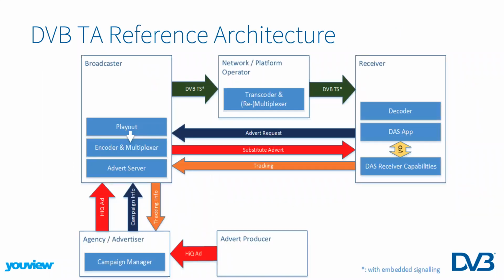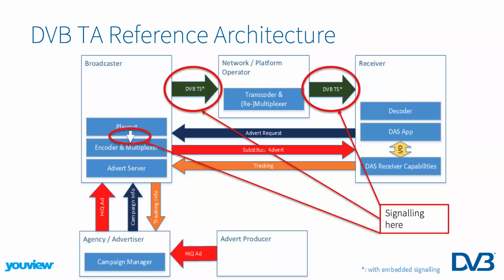So, this reference architecture considers that there may be more than one party involved in broadcasting content, both the content provider or broadcaster and some kind of platform or network operator, maybe different parties. So we need to consider formal interfaces between the two. And if we go to the next slide, we'll see, looking at the AV signal progressing through this architecture, the